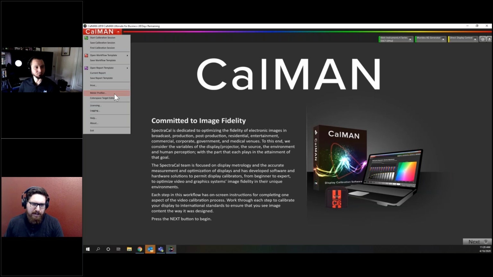Meter profiling can be accessed from here, or you can change color targets from here, but there are other ways in CalMAN that are usually preferred to do that. Now the licensing